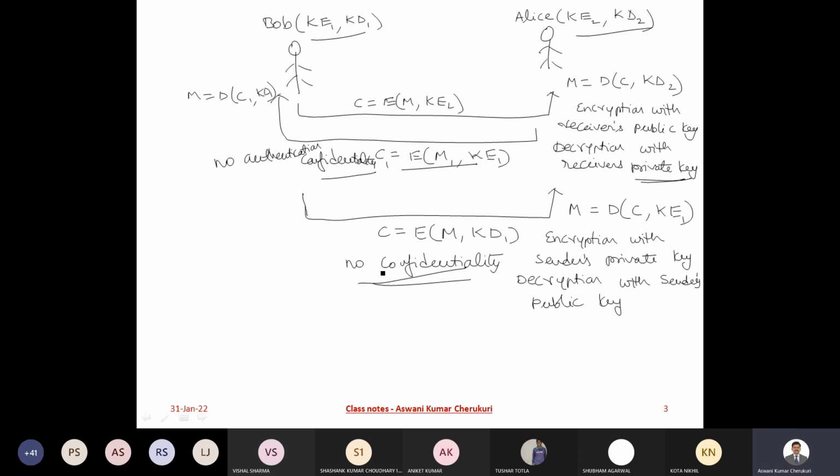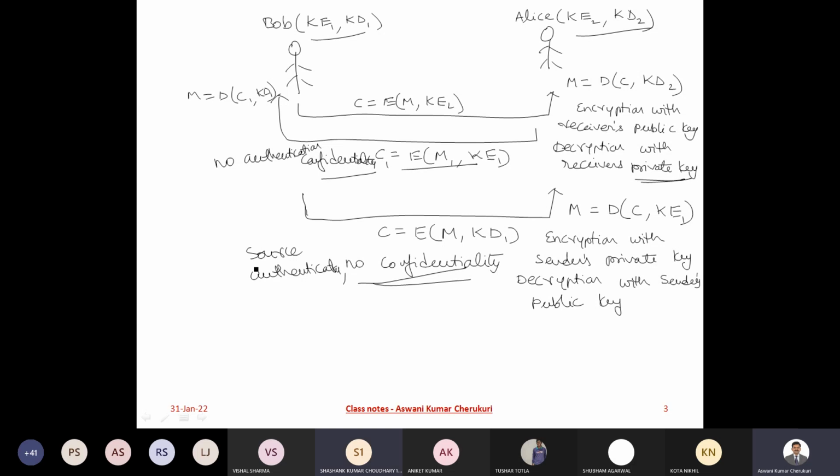But this particular scheme provides authentication, in the sense that once Alice receives the message, what does Alice have to use in order to perform the decryption in the second scenario? Bob's public key. So Alice should use Bob's public key. That means Alice is able to understand who actually has sent this message. So the source authentication